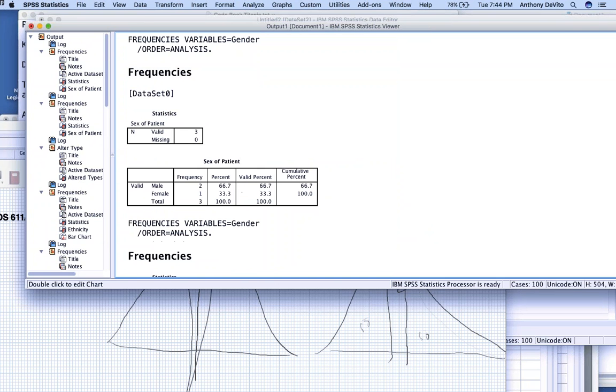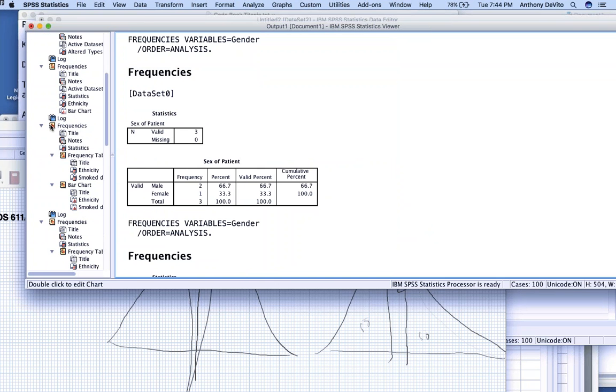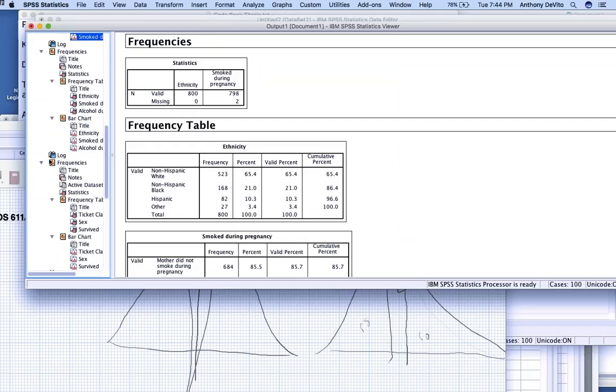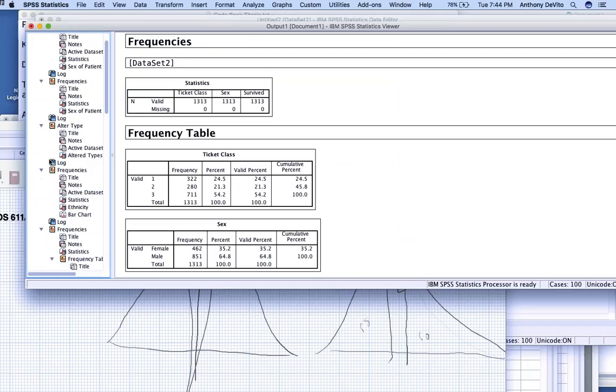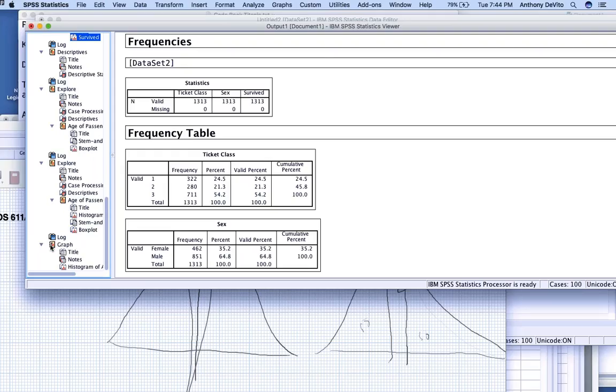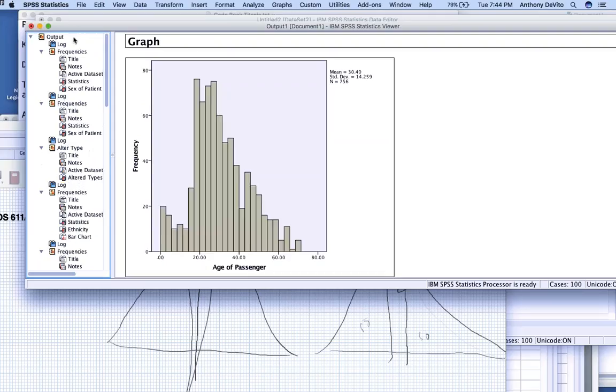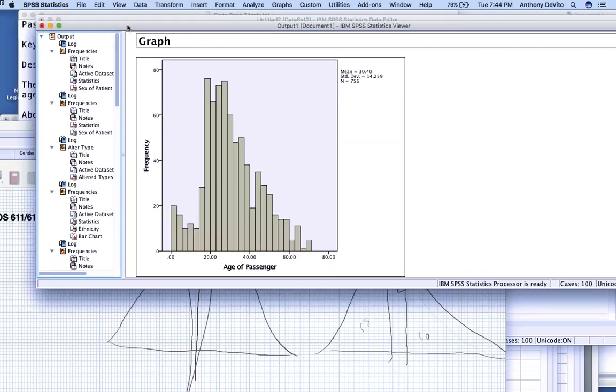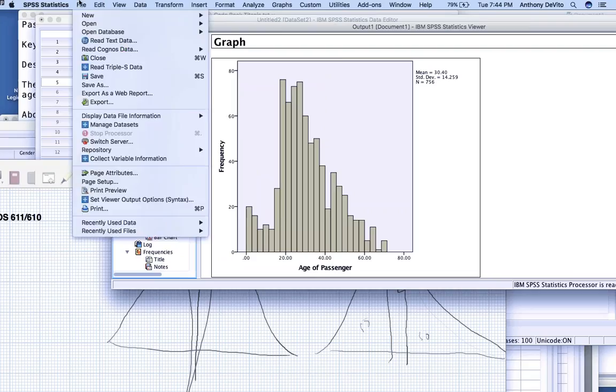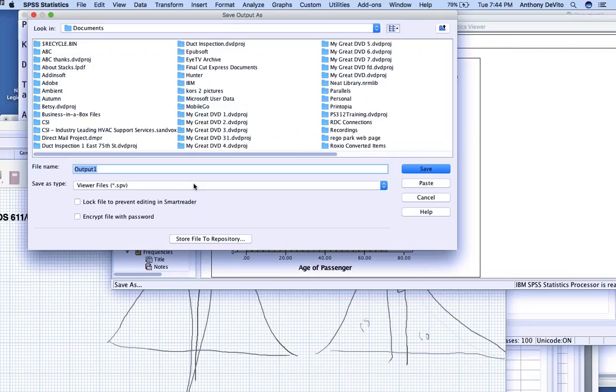Okay, so notice now we've done a lot of analyses here. Look at them all, right? So now if I want to get to any particular one, I could jump around just by using this kind of index over here, right? If I want to go all the way to the bottom, I don't have to scroll down. I can just click on that. And again, remember, you want the output window, save it. You can also export it. Save as, and you can export it as a